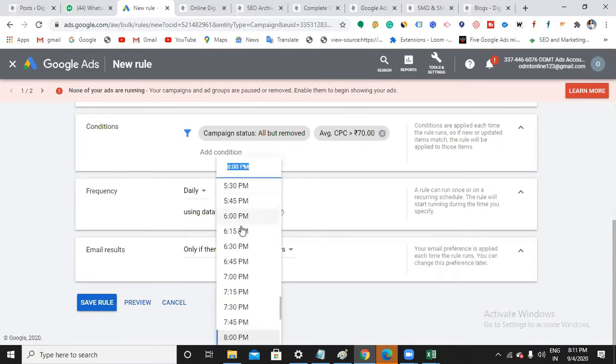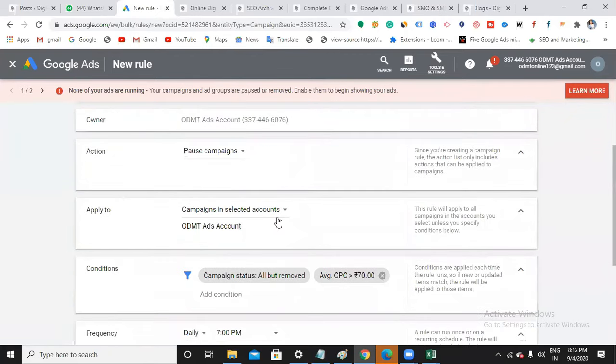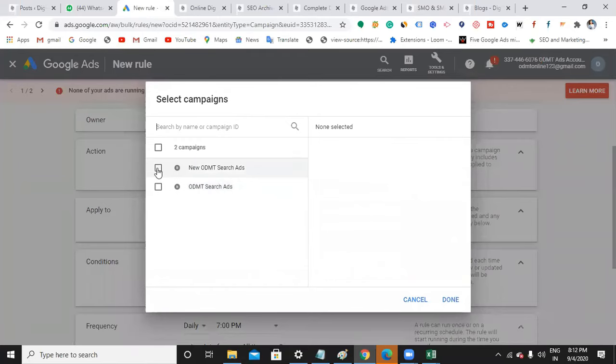Let's say daily at 7 p.m. So if my campaign crosses more than 70 average CPC, hey Google, you need to pause my campaigns. Then you can save this rule. That's it. Here you just need to select the campaigns for which you want to use it. As of now, the campaigns got paused, no issue.